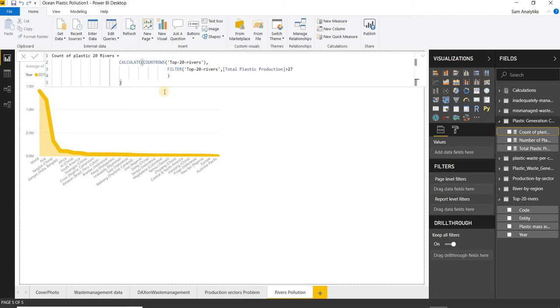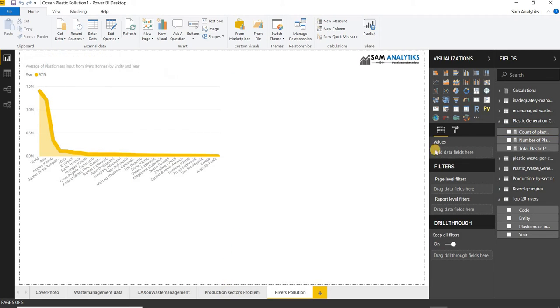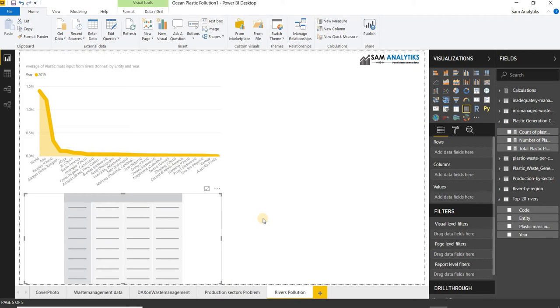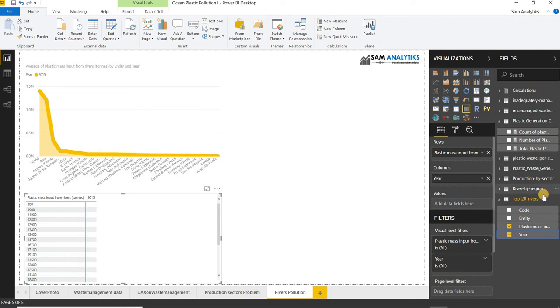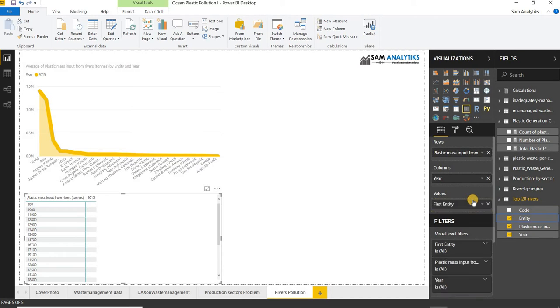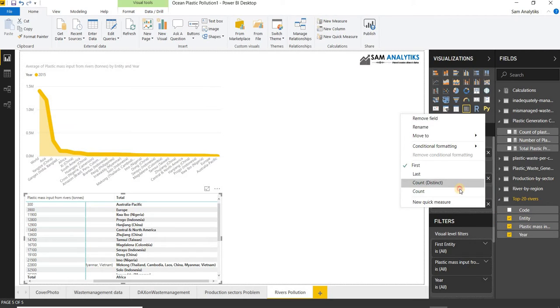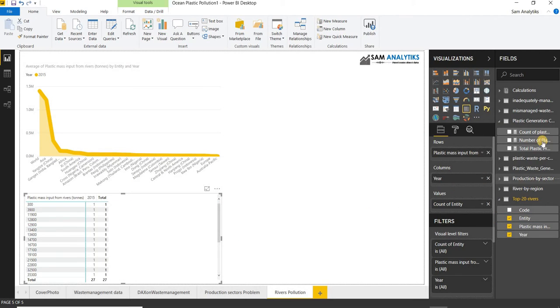So once I do it, I have a measure ready, and if I take a matrix keeping my rows as the plastic mass input and year into the columns, and taking the entity into the values, and here I will actually use the count section, and I will take the newly created measure in here.